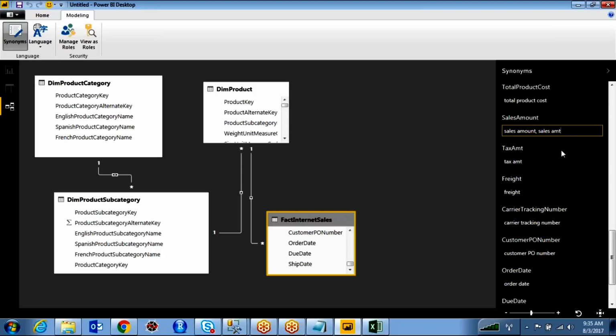The advantage of these synonyms is the natural query processing in Power BI service. When you are typing a question, what is the sales amount, it will automatically display some reports in the Power BI service. No, sir. I haven't seen. I only did it using connections like SQL Server or Excel connections. I haven't used the natural query yet. No. So natural query means when you are logging into the Power BI service, the cloud, and you type any question, for example, if you want to see what is the sales amount, you just type in English what is the sales amount. It will display some reports automatically. That is natural query processing.